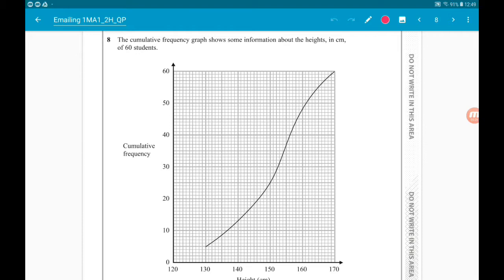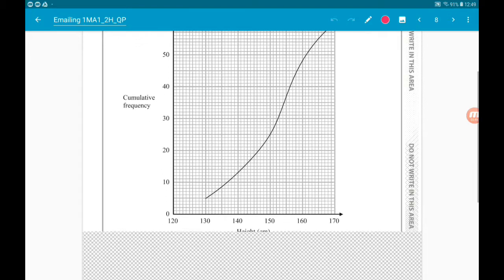We are asked to work out an estimate for the number of these students with a height greater than 160 centimeters. Okay, so what we need to do is find 160 along the bottom,